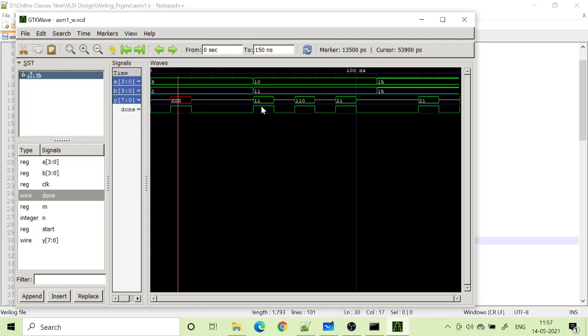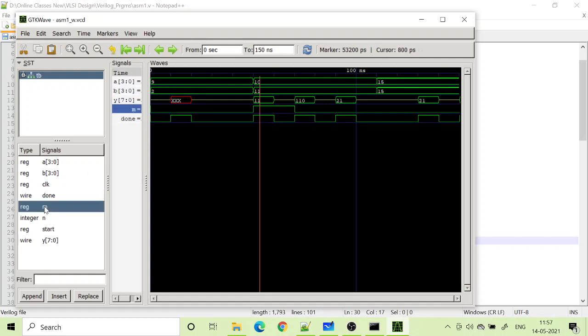And then the next time when it ran, I gave 10 and 11, I am getting my output as 11. Okay, I should also display m. So I gave 9 and 2 and I kept my m low, so that means I should add and I should get 9 plus 2, which is 11, supposed to come here, but I'm getting XXX, which means some previous stored value in R3 is what is getting out at the output.